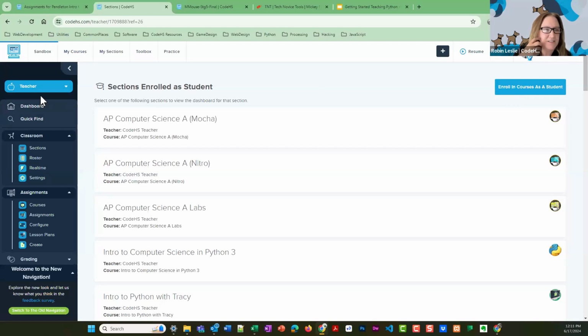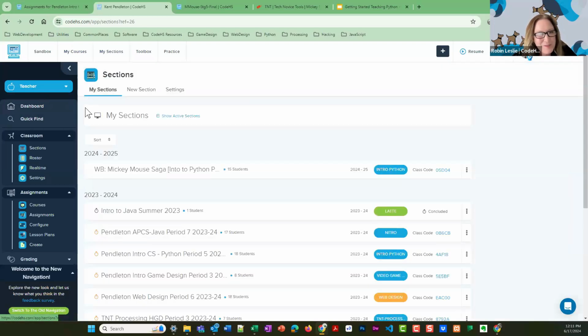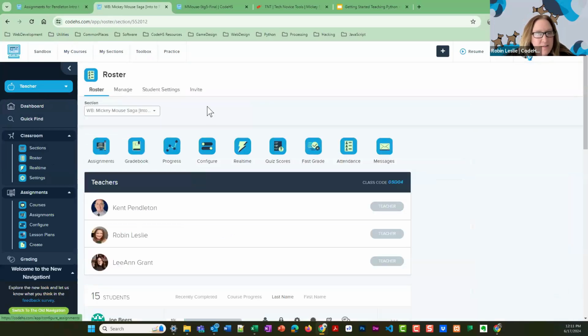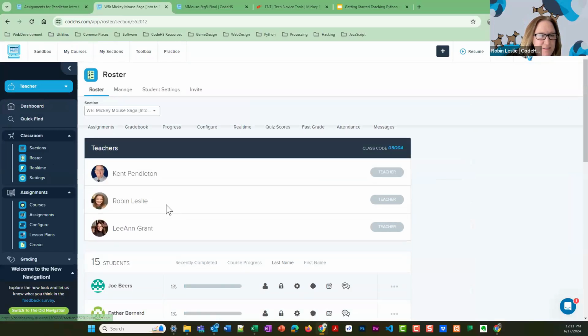You could go to your sections if you'd like under classroom. For those of you who may be new to CodeHS, we actually just did redo our navigation. So that left-hand navigation is fairly new for all of us. Awesome. So if you want to just click on assignments.